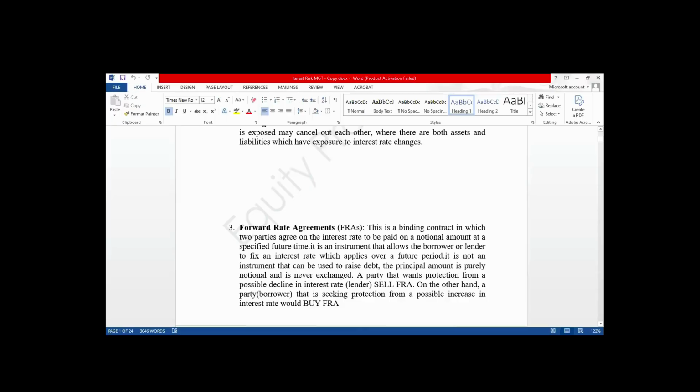With forward rate agreements, the interest rate is binding. Once you hedge with forward rate agreements,